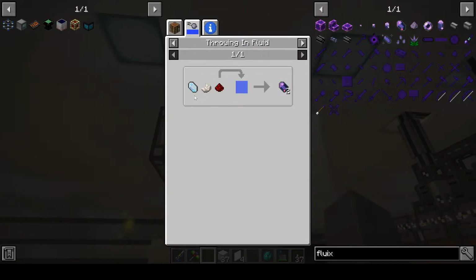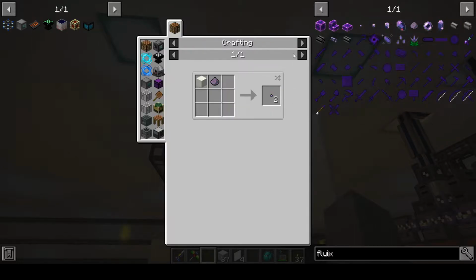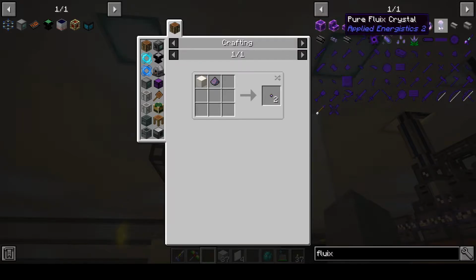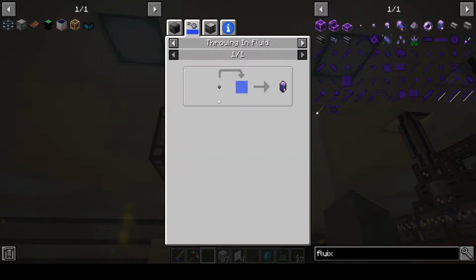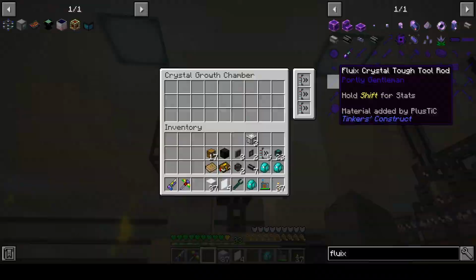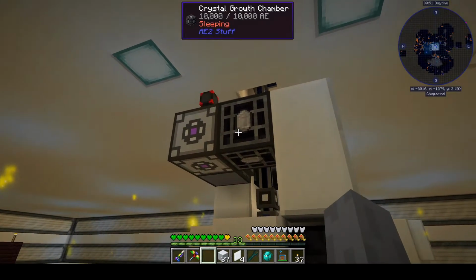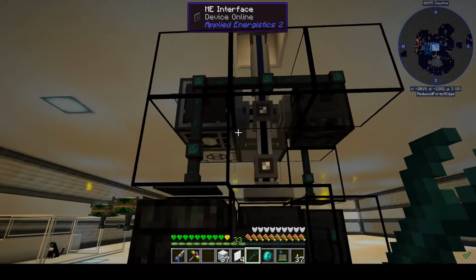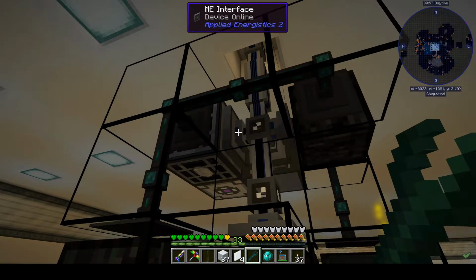So this recipe here, where you throw a charged Certus quartz and another quartz and a redstone into water and get out Fluix crystals. I knew it could do this thing where you take the seeds and you grow those Fluix seeds into pure Fluix crystals, but it didn't dawn on me that it could also make base Fluix crystals. So if we take a look at what I've got going on here,